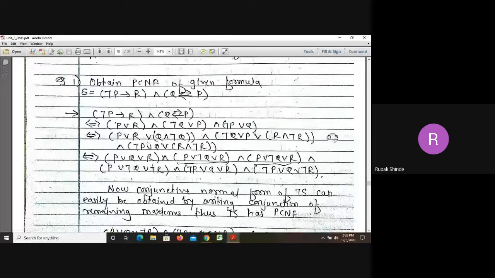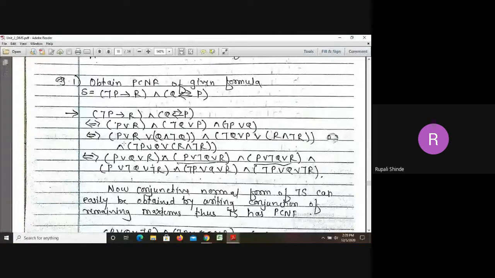That's why we have taken here or Q and negation Q. And for this second bracket R is missing, so that is added here as negation Q or P or R and negation R. And for this third term